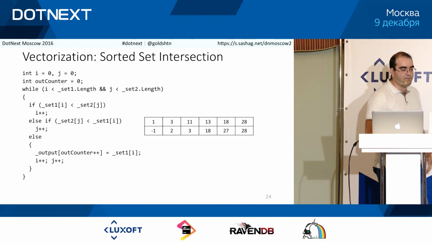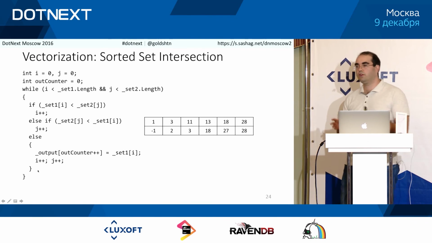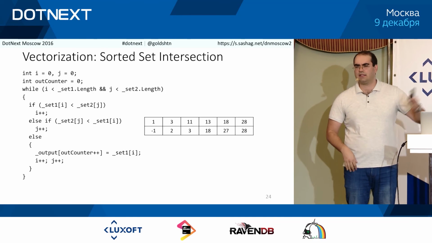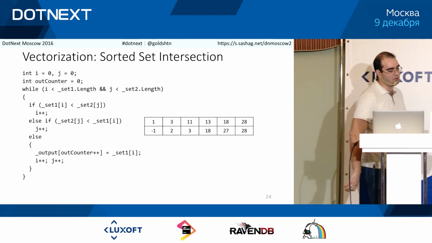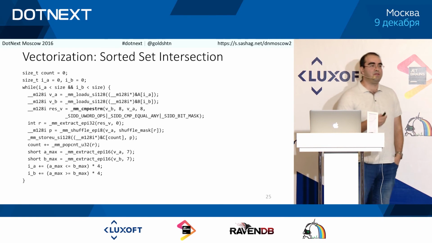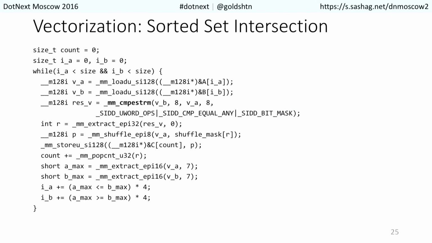So, you know, there's the obvious implementation, which is just this. You go over both sets. You see which index you have to increment. This is like an interview question, really. And then you dump the results out to an output array. This is pretty fast, but could be made faster. So again, turns out there is